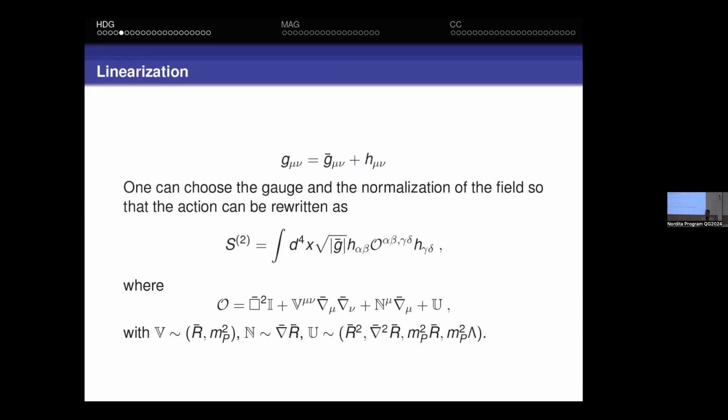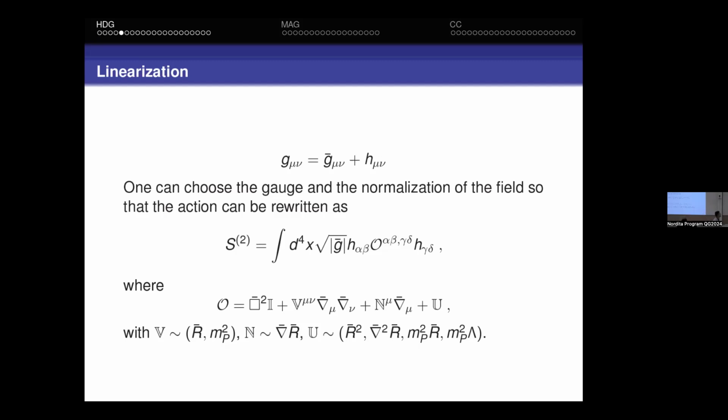So we want to talk about the beta functions of this theory. And you have to use a background field method. So you expand the metric into a background g-bar and a fluctuation field h. And you will find that when you linearize, the field h, the quantum field, propagates according to an operator that looks like that. So you have a covariant box-bar squared. It's the covariant Laplacian in the metric g-bar.